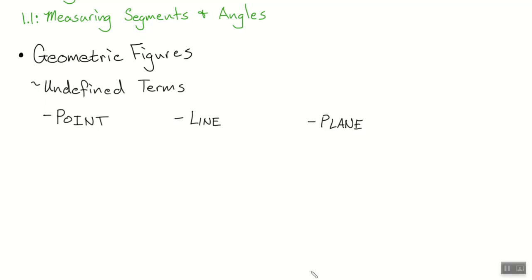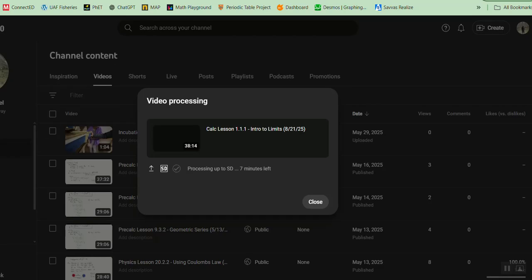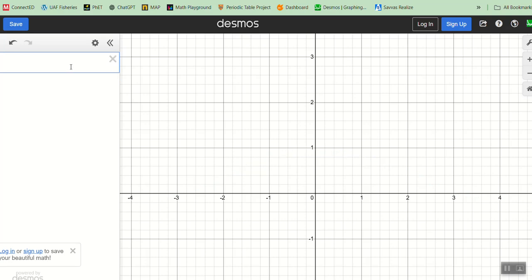We could all identify at least points and lines if I drew some on the board, right? But I would never really be able to draw a point on the board or a line on the board. And there's a very particular reason for that. Points are used to represent something in math. And we'll look at the math point of view. If I were to place a Cartesian plane up here, I can ask it to plot a point. Give me a point. 3, 5.